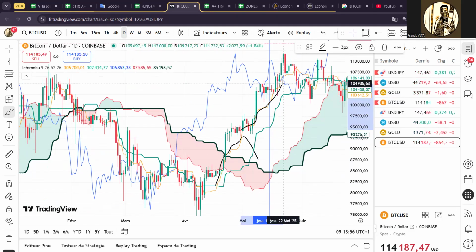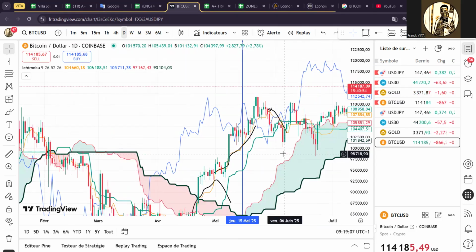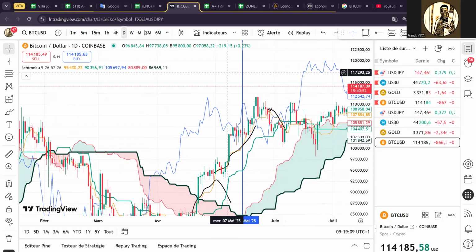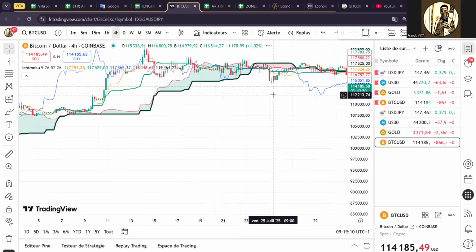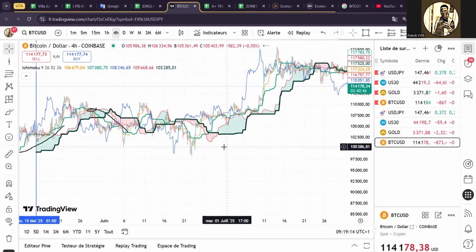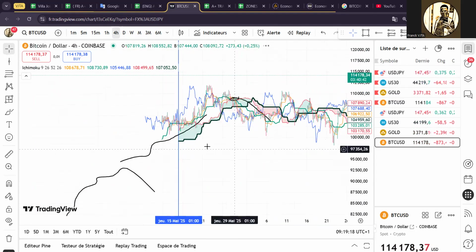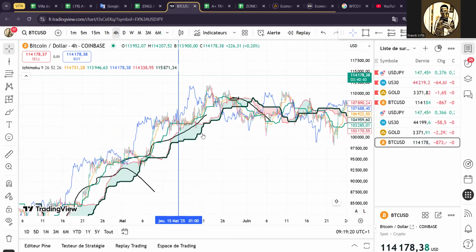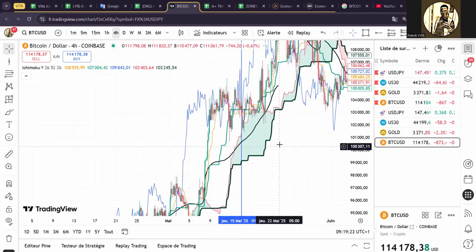It means that we still have the will to go to the upside. It's only from this point that Tenkan starts going down. That means that it could have been a reversal in 4 hours. But in this blue line, the daily TK cross was just a mere correction, no such thing as a reversal. So that's why it was a simple correction where it stopped